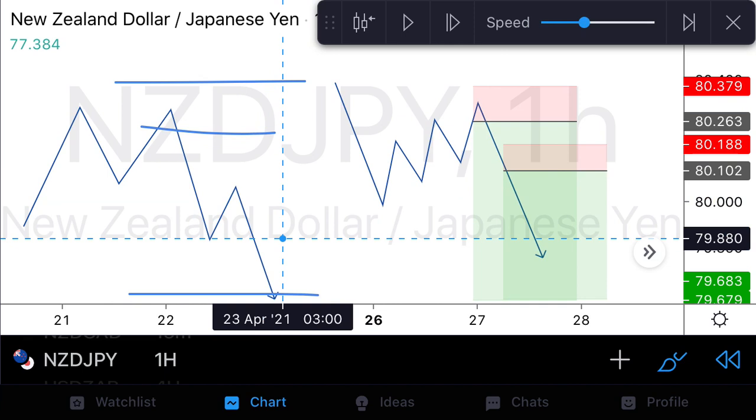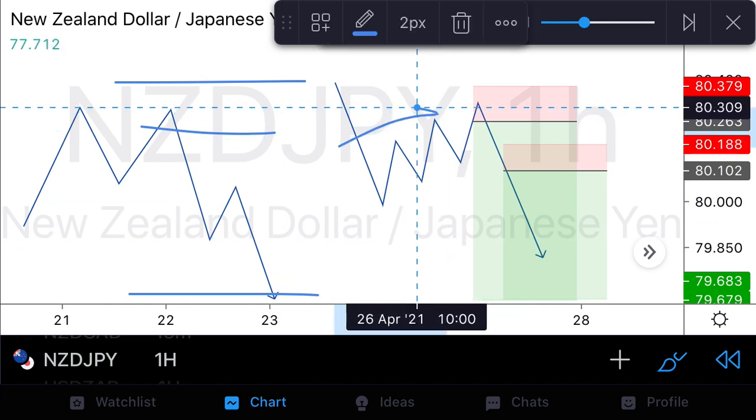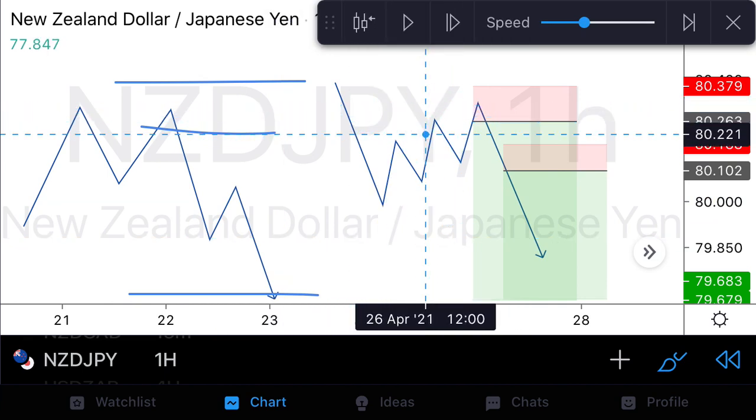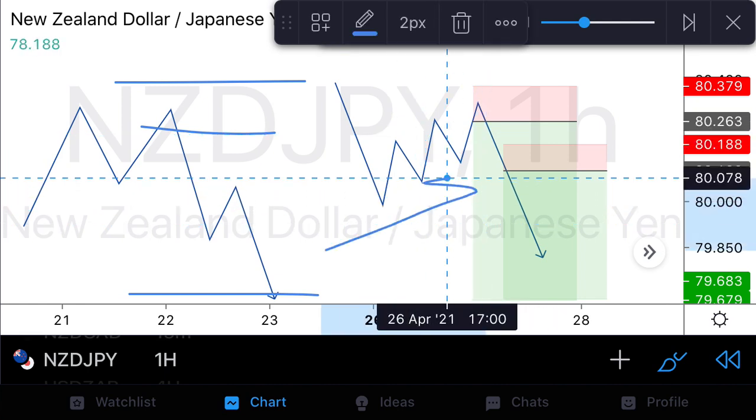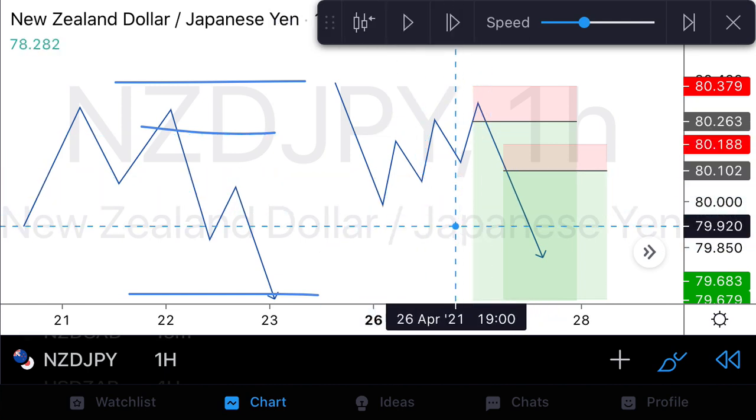So can you see the difference between the two? A risk entry is a lot more unsafe, but you can get more risk to reward ratio, and I guess there's more benefits in taking a risk entry in terms of reward. And then a reduced risk entry, you have more guarantee that prices are not going to be stopping you out as often, but at the same time you are sacrificing the amount of risk to reward that you can maximize